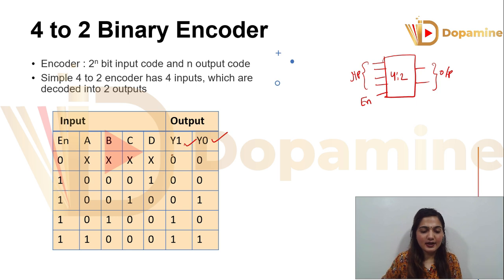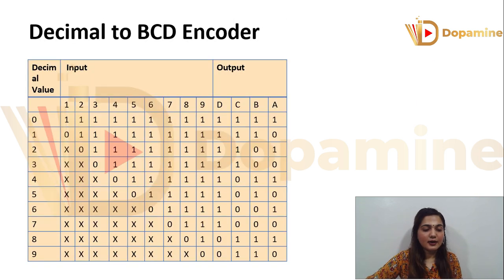So you can see here the output y1 is 0 0 1 1, and then it depends upon the inputs a, b, c, d, and you can use the K-map for the simplification. Right, now